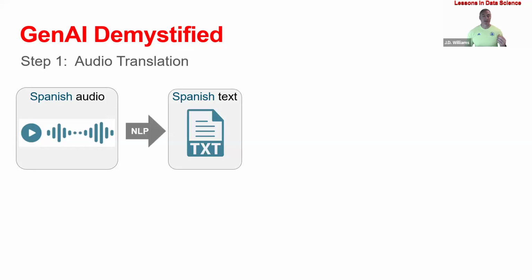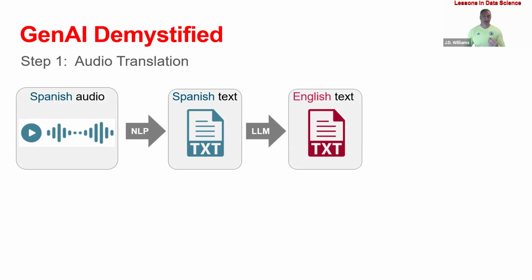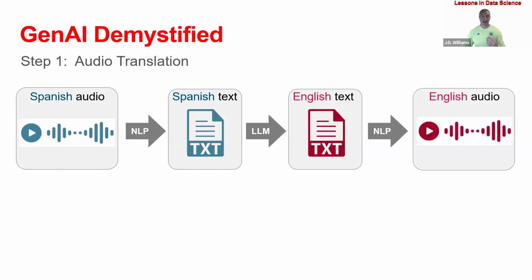The first step is to translate the audio. We begin with the Spanish audio file, and we use natural language processing, or NLP, to convert the Spanish audio file into a Spanish text file. And then we use a large language model to convert the Spanish text to English text. And then we reverse again and use natural language processing to convert the English text back into an English audio